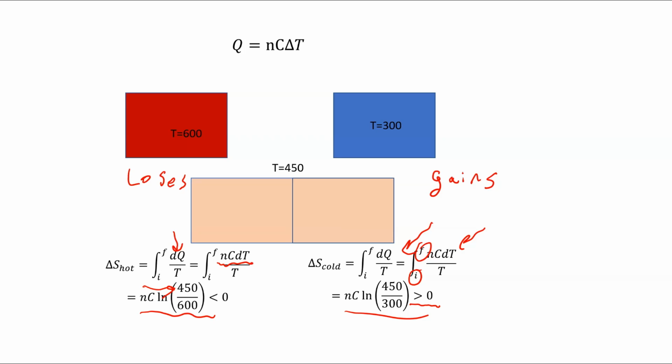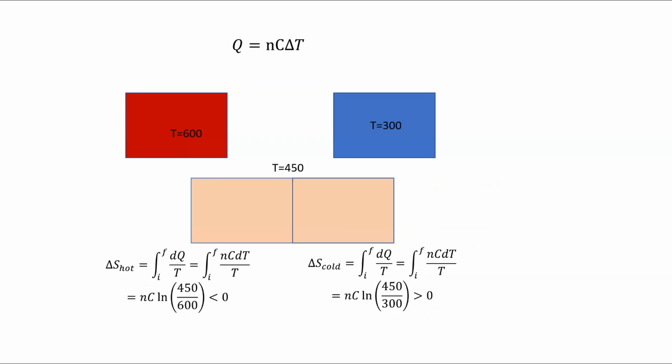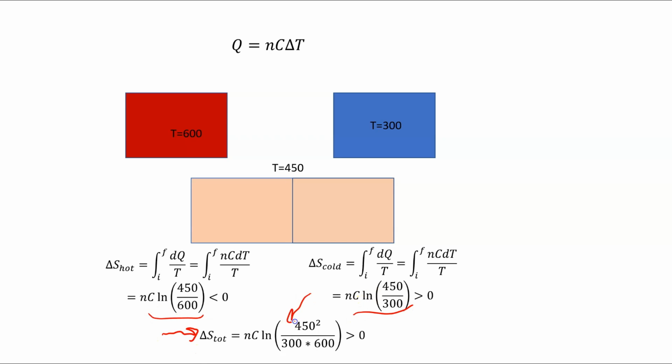The second law of thermodynamics says that in any naturally occurring process, what you do is you add up all the entropies of all the things involved. And what you find is that at the end, you have a bigger number than you started with. So let's do that. If you add up all the entropies, you end up with a thing that looks like this instead. So I'm just adding this number to this number. And if you punch this number up on your calculator, you will find that it is indeed greater than 0. So the second law holds here too.